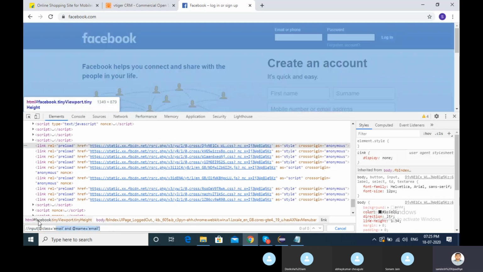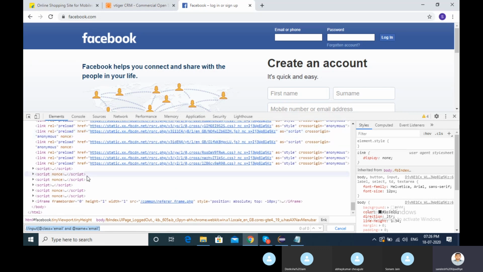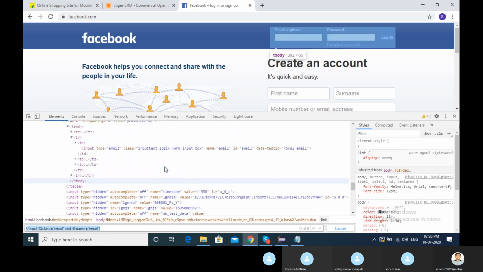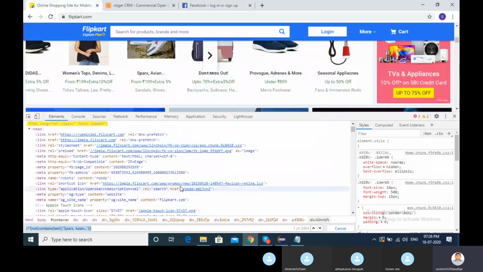Copy. The link itself is having a tag, it will not find it. Let me put in any other content.